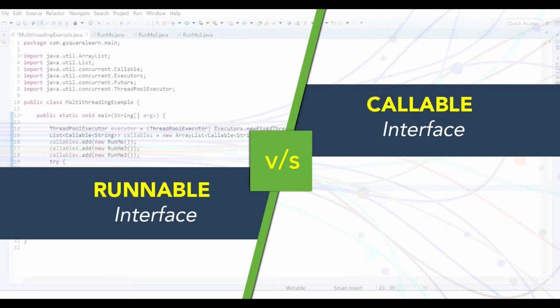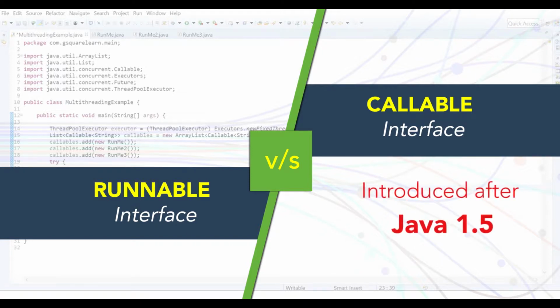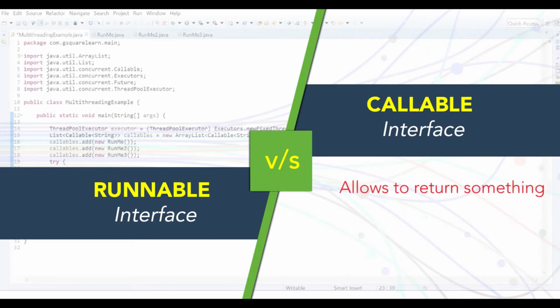Most of the times we have seen that multithreading is achieved using the Runnable interface in Java. But today we'll see what the Callable interface is. Callable interface was introduced after Java 1.5. The major difference between the Callable and Runnable interface is that Callable allows you to return something, whereas Runnable does not allow you to return. Also, in Runnable, you cannot throw checked exceptions. That means if an individual process is throwing an exception, in Runnable you cannot throw that exception, whereas in Callable interface